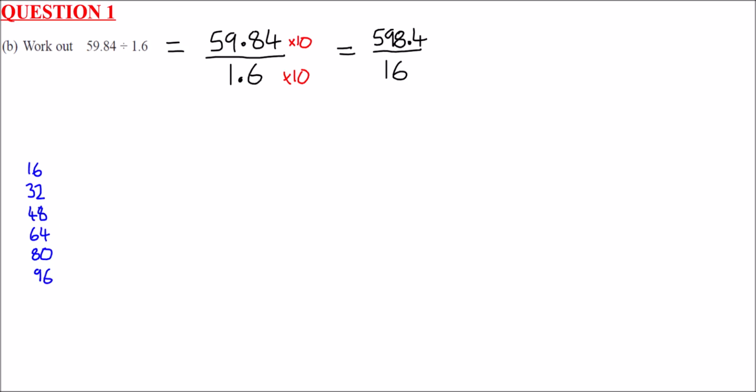96. I'll do the first 6, then I'll see if we need any more. So that's 1, 2, 3, 4, 5, 6. That's up to 6 times 16. The number you're dividing by goes first using this bus stop method I'm going to show you. And the number you're dividing goes inside the bus stop, which is